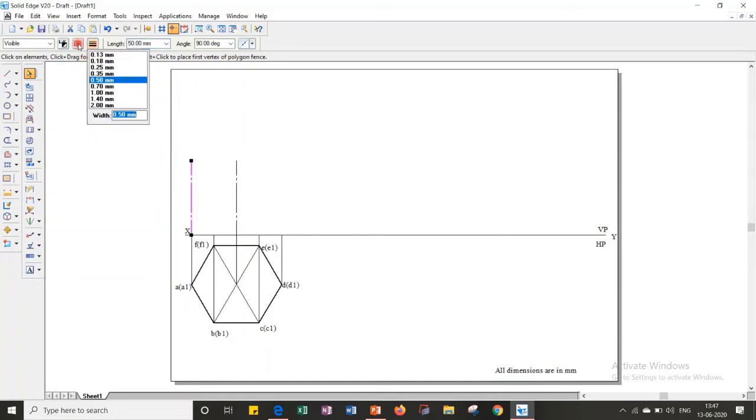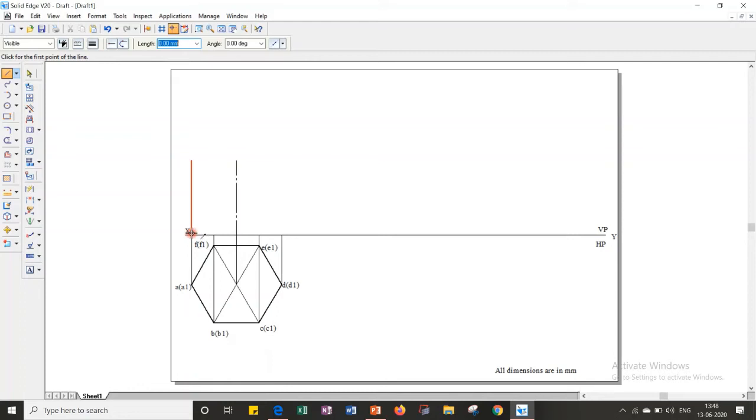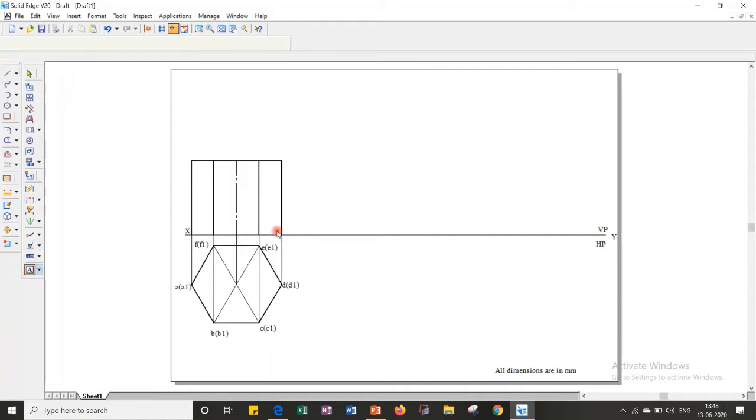Continuous line. If it is a pyramid, you have to connect this bottom corner with the apex, but in case of a prism, you will be having a vertical edge. Vertical edge from all the points. Complete the front view. Coming to naming, we'll start with bottom corners. Base portion also you have to complete. This will be the base of the prism.